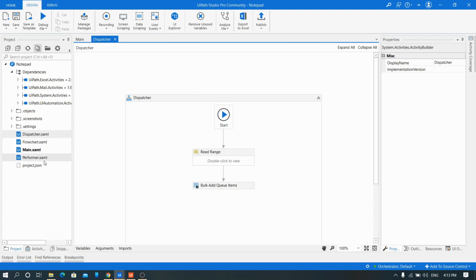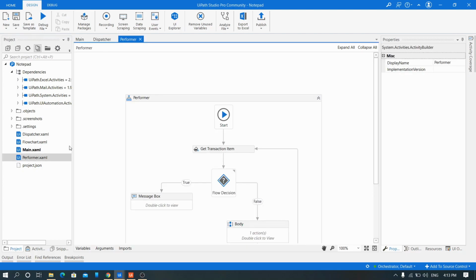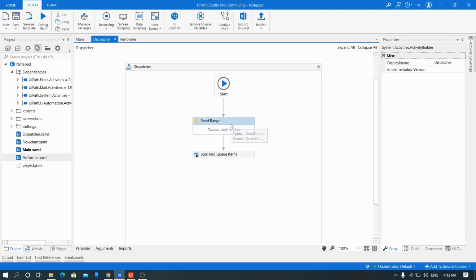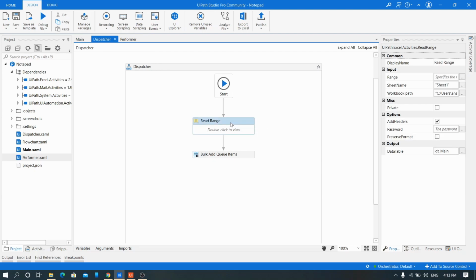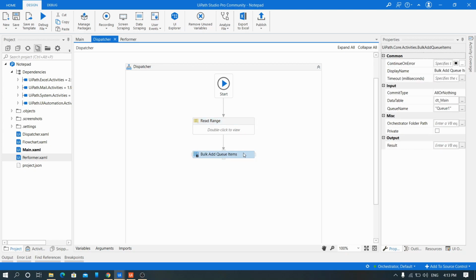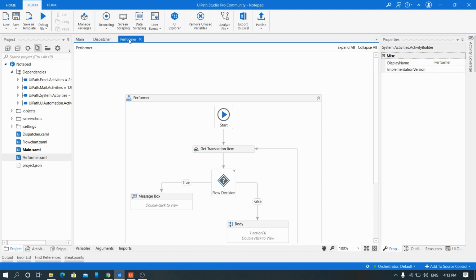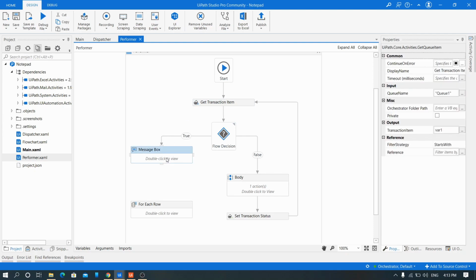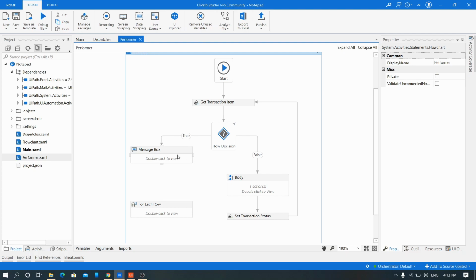We have got the performer part here. Okay. In dispatcher, we are reading the item, we are reading the Excel, and we are adding it to the queue. In the second part, performer part, we are transferring it to the framework now, so we don't need most of the part here. Okay.